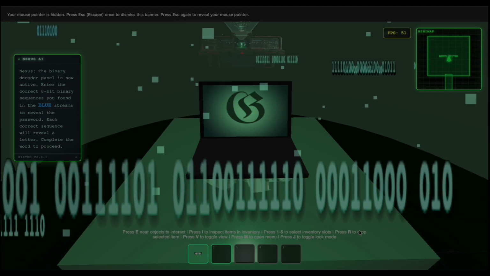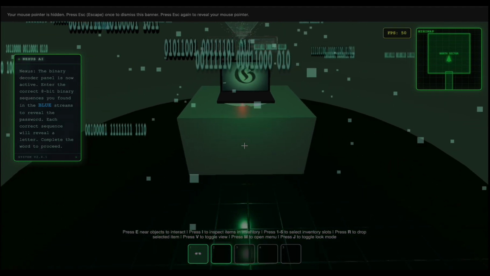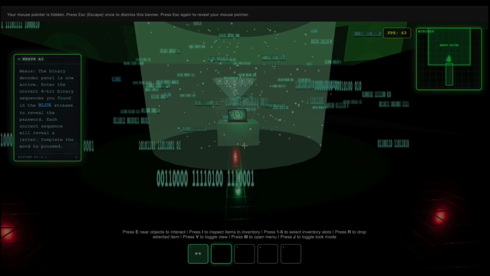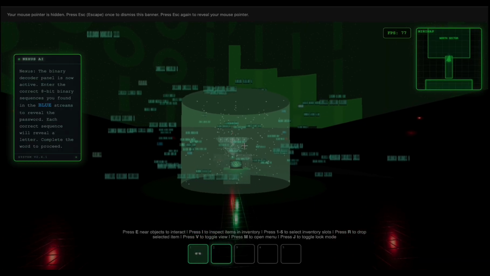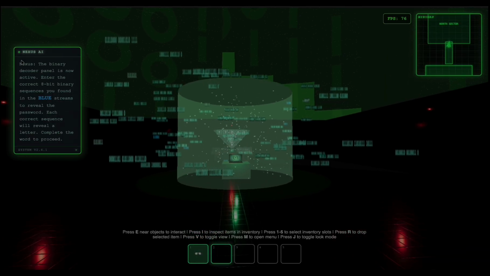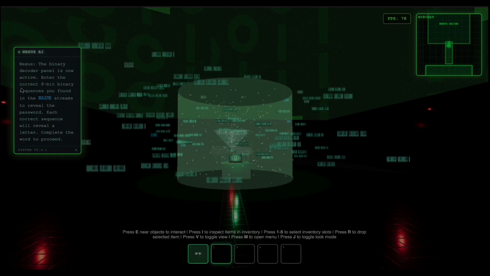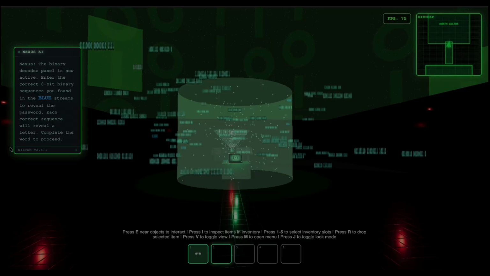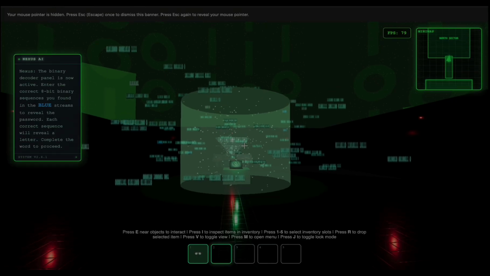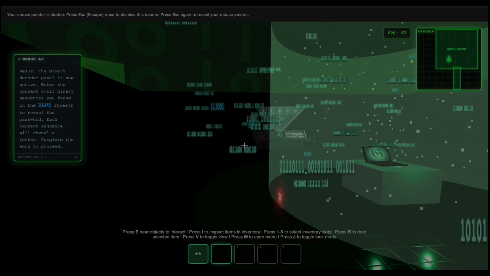As guided by the laptop, the password lies within this cloud of binary encodings. Instead of using static image files, the HTML Canvas API is used to dynamically render text textures. The Nexus chatbot now instructs you that the binary encodings to reveal the password are highlighted in blue. Let's try this out. Making our way to one of the blue encodings that we see in the cloud, we see